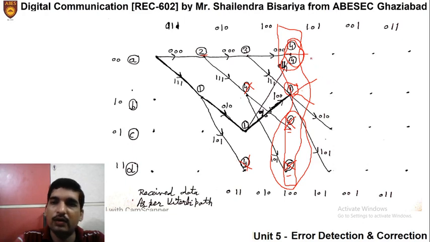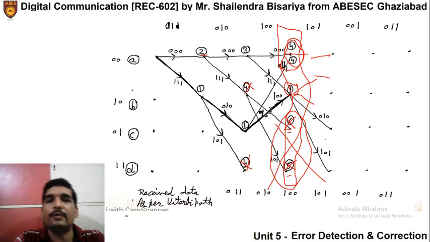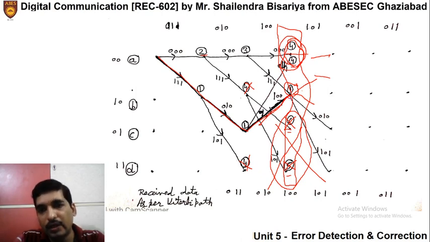So we will take only this path or this path, and we will check, and we will neglect these paths. That's why I have shown it here as a dark line, that this is the best path. It seems that it is the best path, we should follow this only. However, near about 1, we can say that we should check for 4 also. It may not be the correct path, so we will take this also, but wherever the distance is much higher, we need not calculate further.